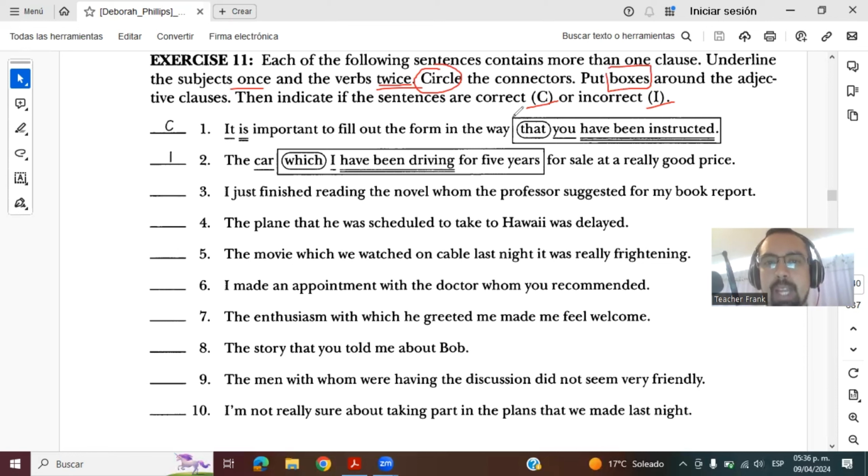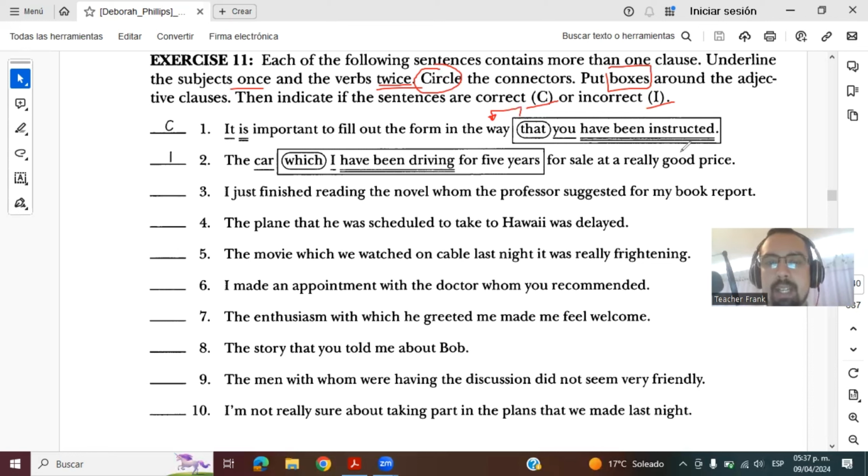Yes. And in this case, if we ask, what is it describing? The way, right? The way, because the way is a noun, right? So in this case, it's describing that noun, right? The way that you have been instructed. So it's correct. And number two, the car, which I have been driving for years, for sale at a really